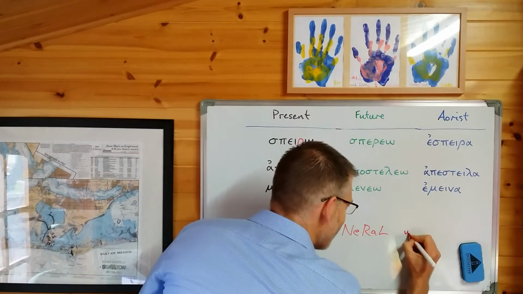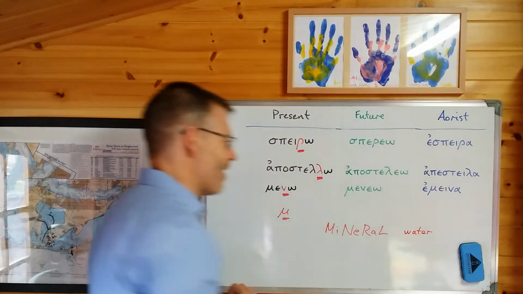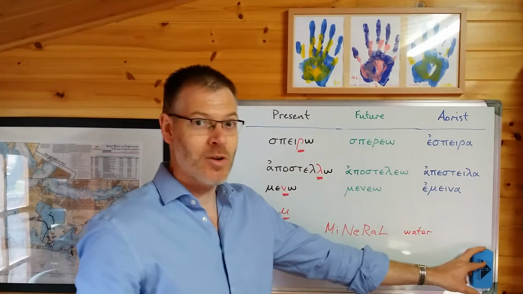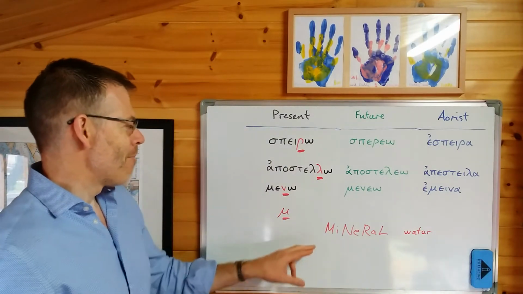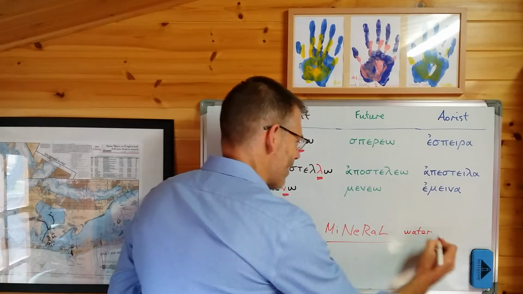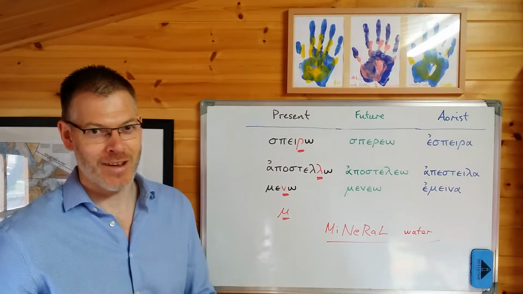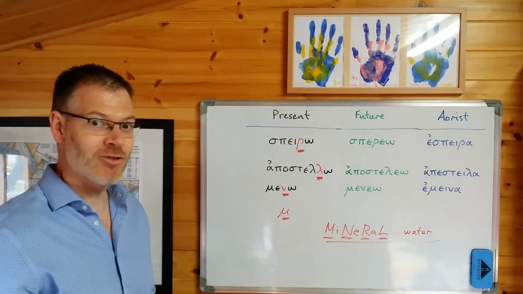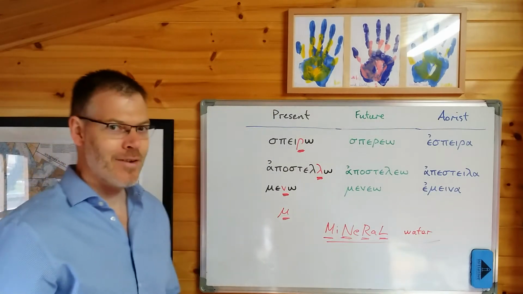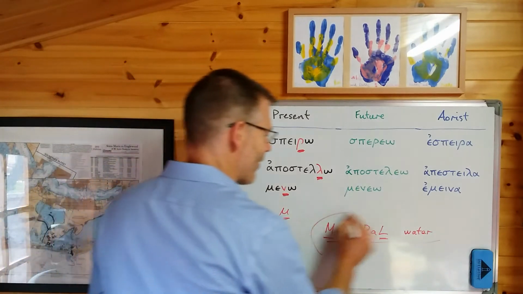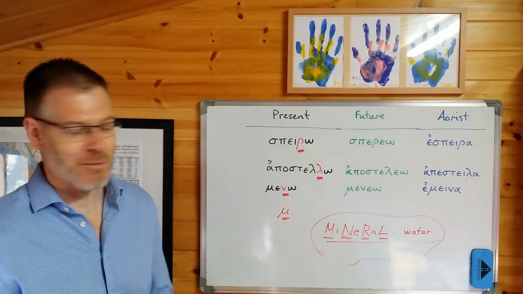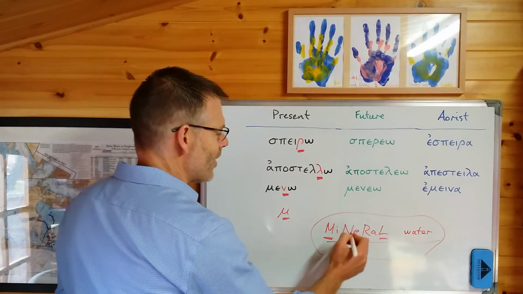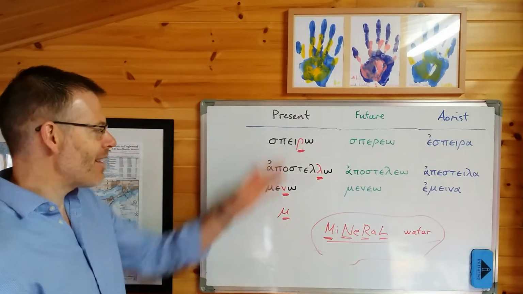And with great thanks to Marion Rakes, who was the lady who taught me Greek when I was at seminary. If you're watching this, Marion, thank you very much for everything. Mineral water is a liquid. Sorry, best I could come up with. Mu, nu, rho, lambda. Mineral water. So if you just think of liquid verbs as mineral water verbs, yeah, I know, it's terrible, isn't it? But look, you're not going to forget it now because it's so terrible. That will remind you that they are verbs with a mu, a nu, a rho, or a lambda at the end of the stem. That will at least help you to identify them.